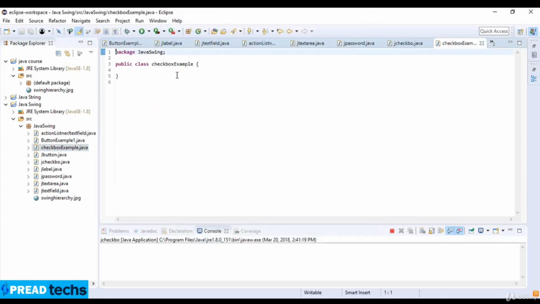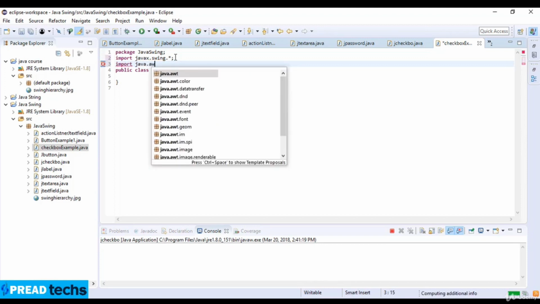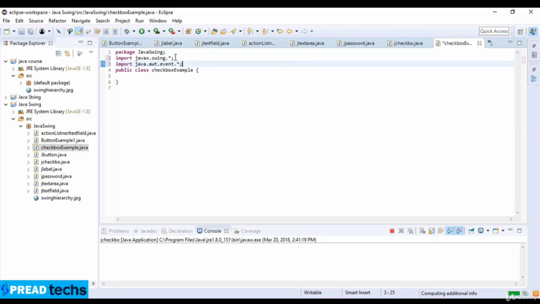Okay, first of all, as you know, import javax dot swing library, and then import java.awt.event library. Okay, now public class CheckBoxExample